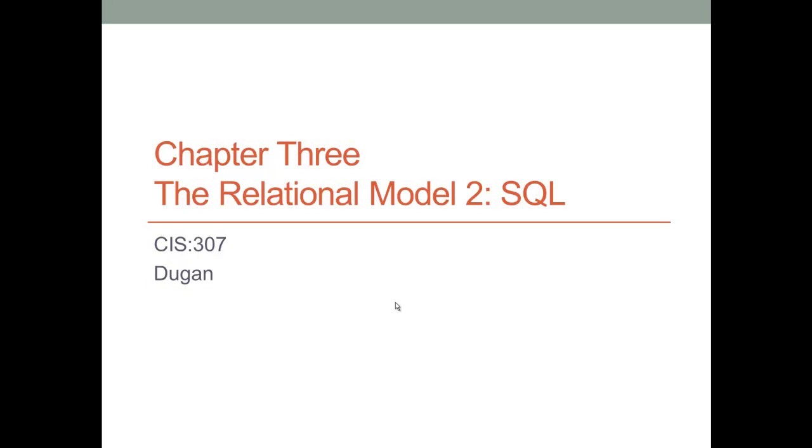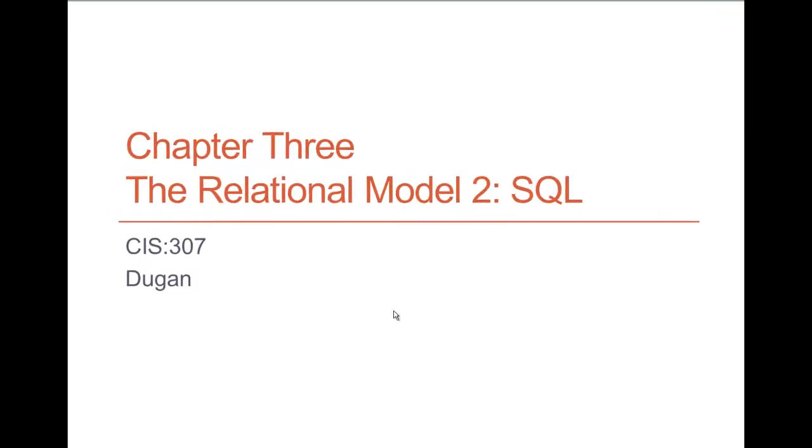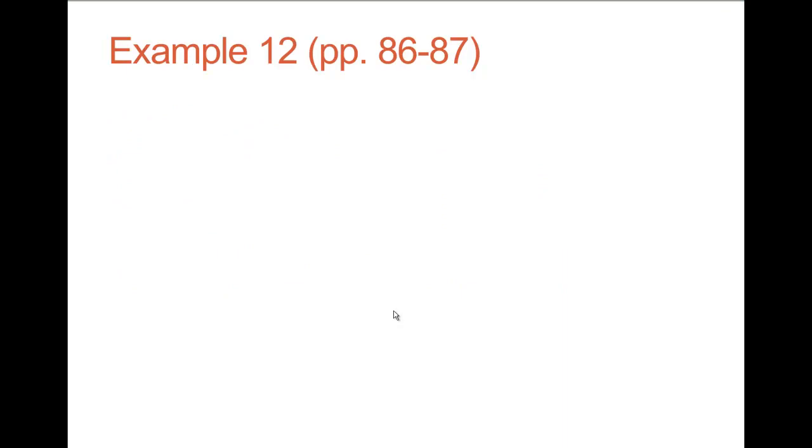This is the second half of the lecture for Chapter 3, accompanying CIS 307. Chapter 3, the Relational Model 2 Sequel. This is Nancy Dugan, your instructor, and we are starting with example 12 for the second half, which begins on